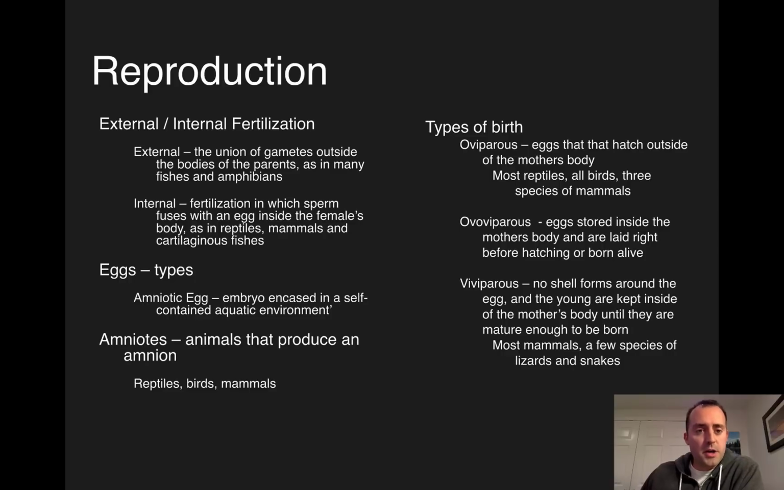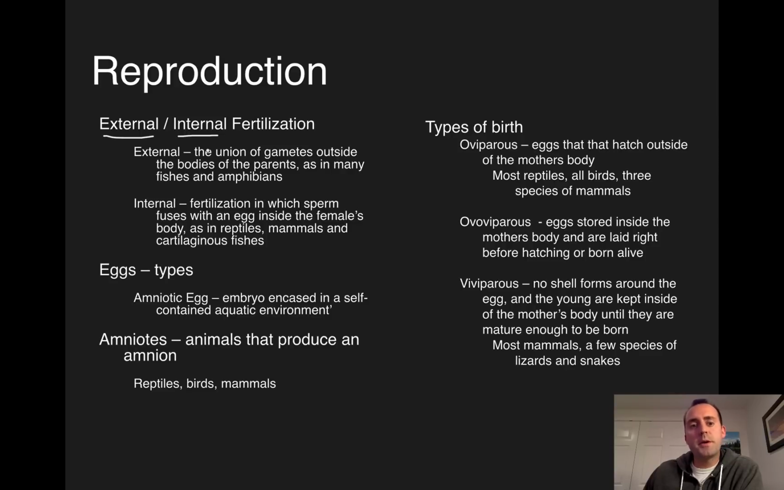Now moving on to reproduction. When talking about reproduction, we've got to look at basically where does reproduction take place, and then what kind of birth does the organism have. So where it takes place, we can either have external, which is outside the body, and internal, which would be inside the body. Now in all animals, the female, if they are separate sexes, produces the eggs, and the males